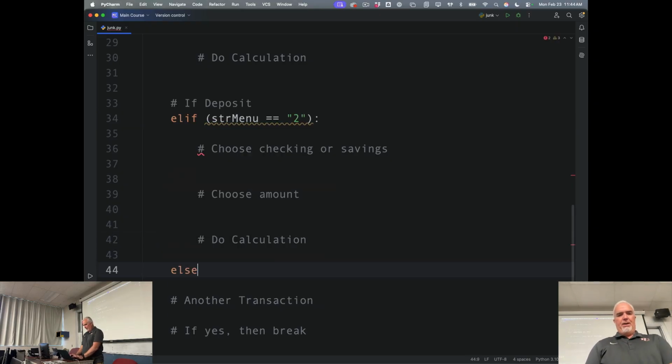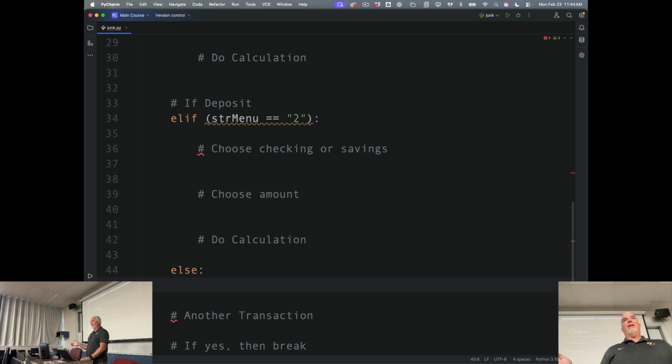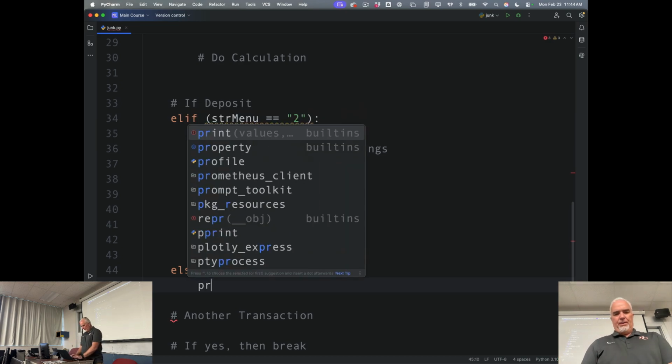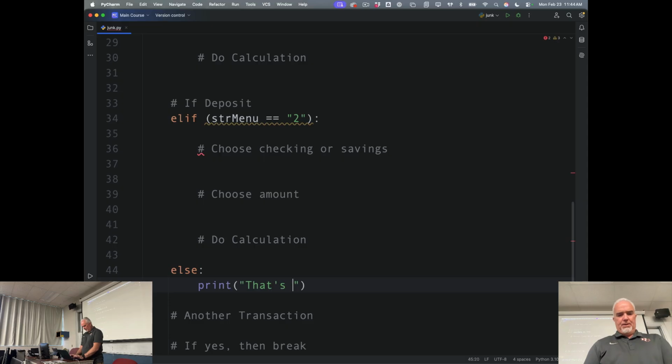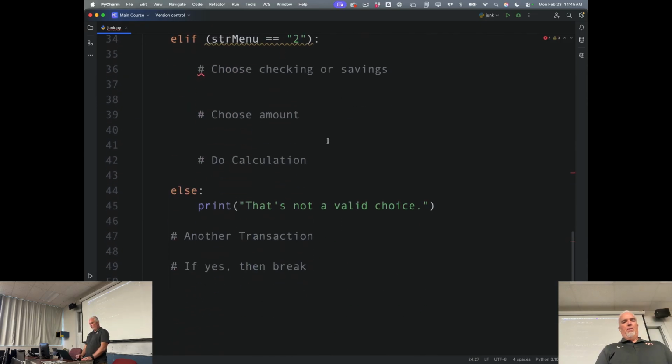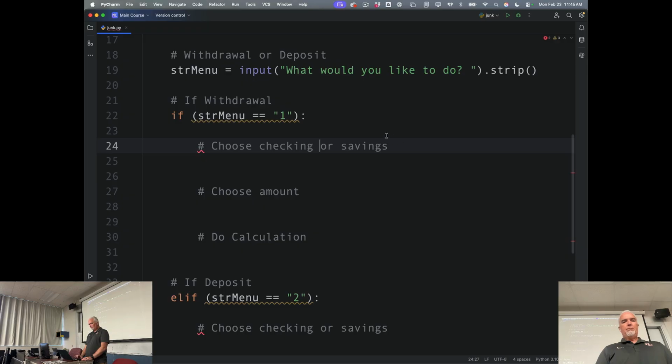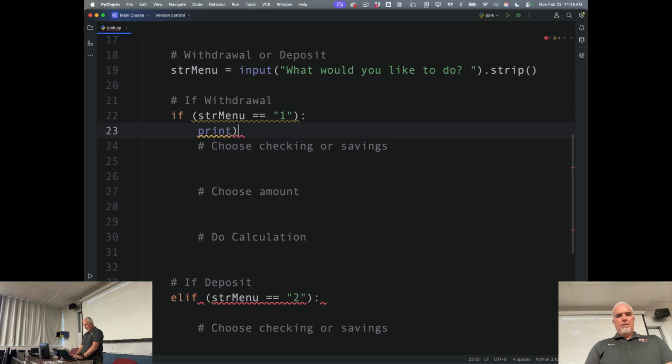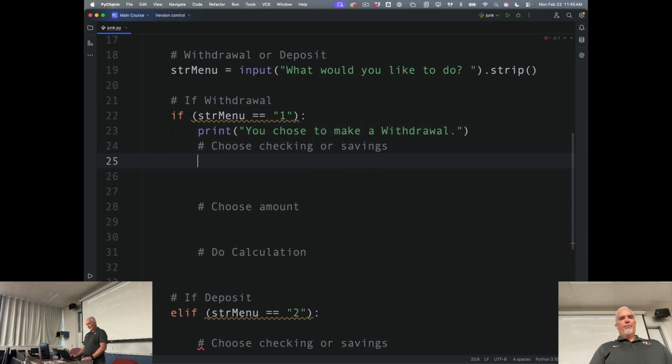And I'm going to have an else here. The else is if they enter anything other than 1 or 2. So I'm just going to say print, that's not a valid choice. Okay, so they'll either enter 1 or 2, or it's not a valid choice. You chose to make a withdrawal. Now